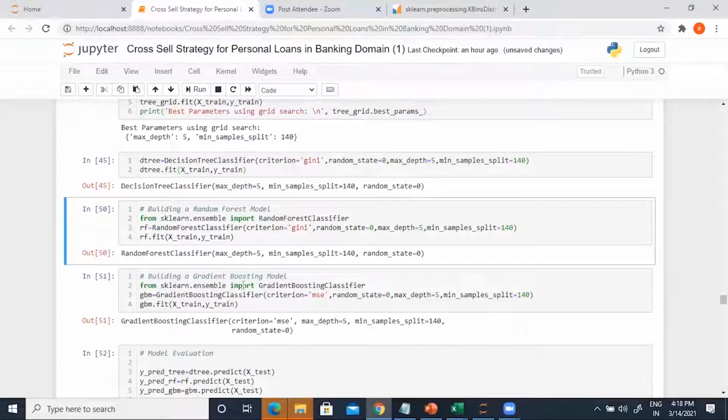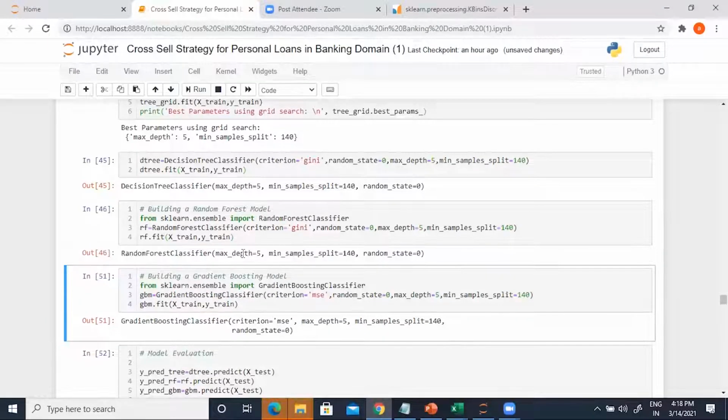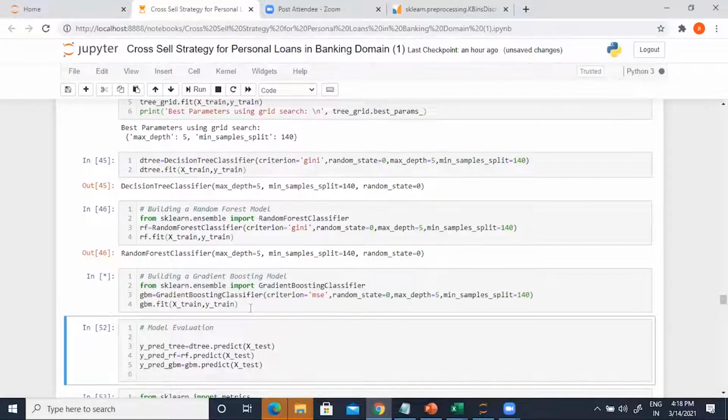Does that make sense, guys? Yes. Okay. So let's fit the random forest model. With a similar thought process, let us go ahead and fit the boosting model, the gradient boosting model.